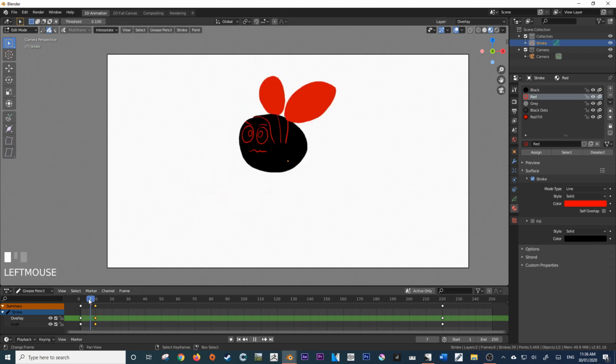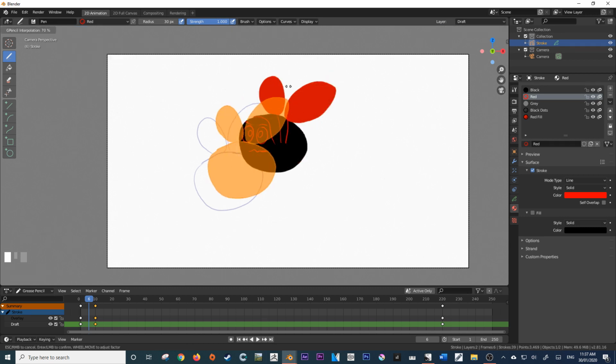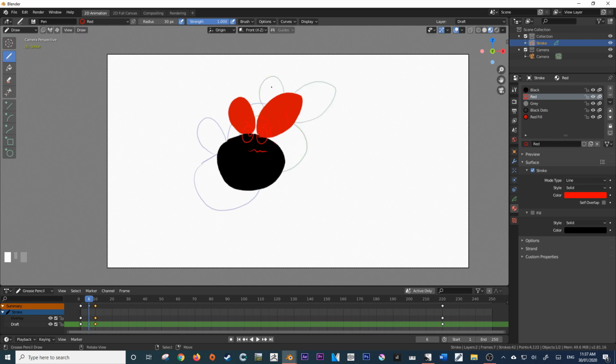Now you may want to create some in-betweens. One way that we can do it is by drawing in between here. We can even duplicate it and put it in between again, but a faster way would be having a selection. So let me just select draft. I'm going to draw, interpolate, and interpolate. Then I'm just going to interpolate it by maybe 50%. I'm just going to type 50 on my keyboard, and then I'm going to press enter.